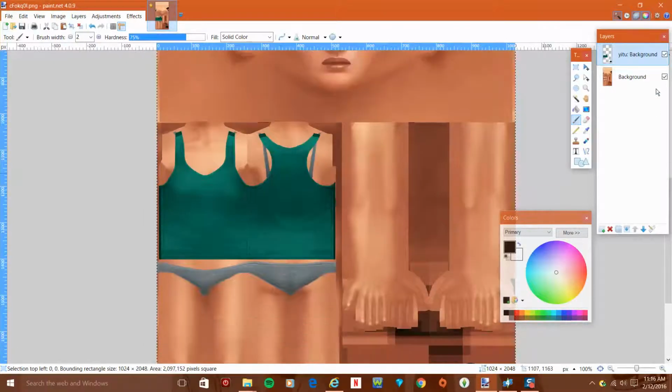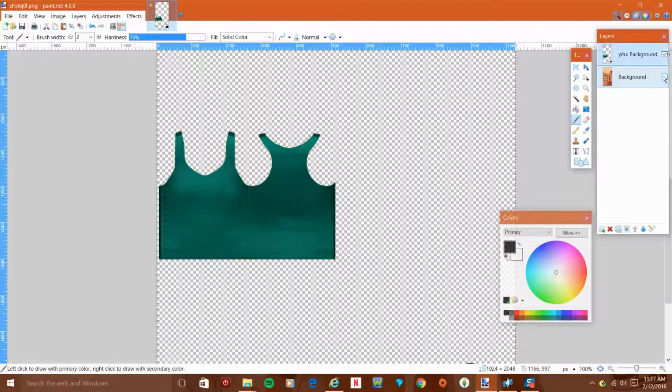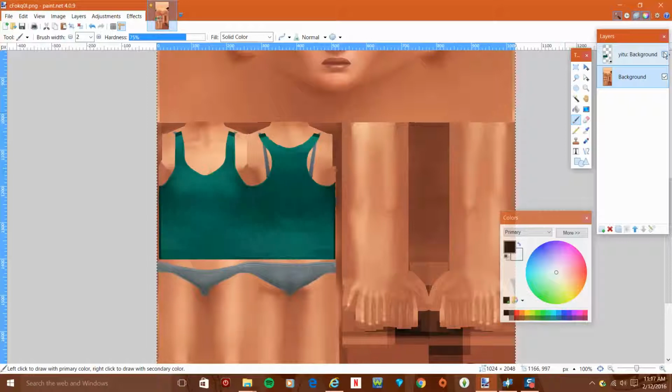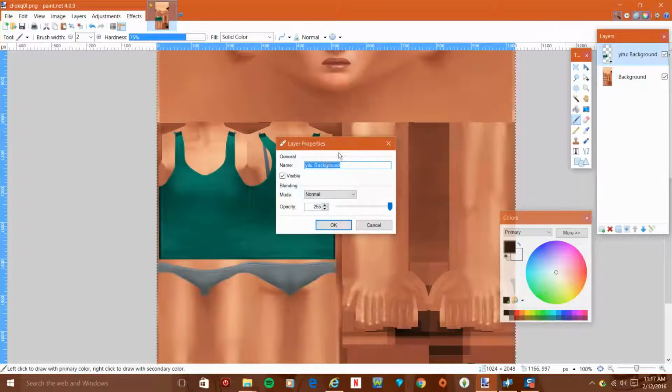So what I'm going to do is, these checks allow me to hide or show particular layers. Each item is called a layer. These are my layers. This is the first layer. This is the second layer. If you want to, you can change the name of it. I don't usually do this. I don't really care about this part. But let's just say this is the shirt, and we're going to say original